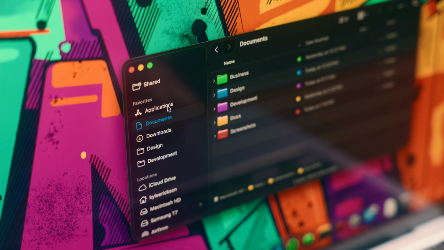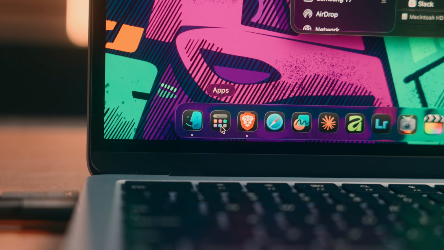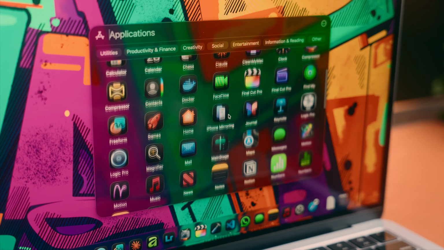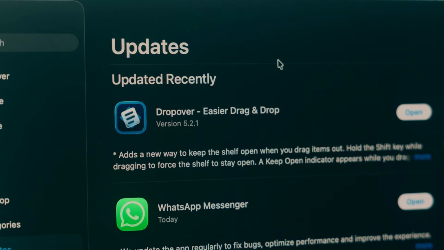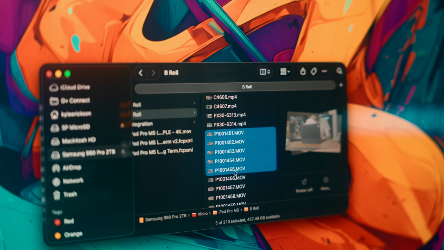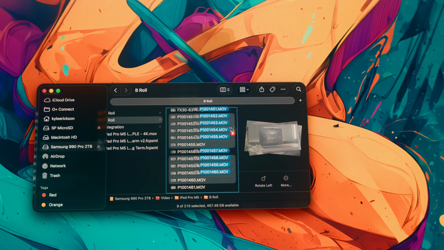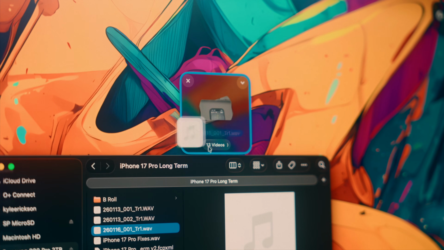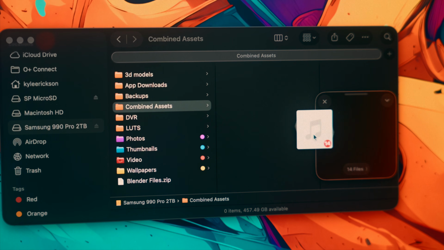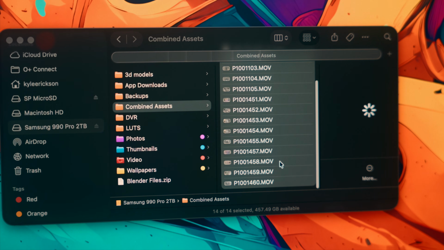Alright, now I want to talk about apps a bit. By now you probably noticed that all your apps live within an applications directory that we can either access through the apps icon from the dock or through the Finder, and I'll just briefly touch on some things that I find useful. Dropover is one of my favorite apps where I can select files within a folder and shake them, and drop them into this little bin, and then I can go into other folders and do the same thing, and then I can drop all those files into a single directory,